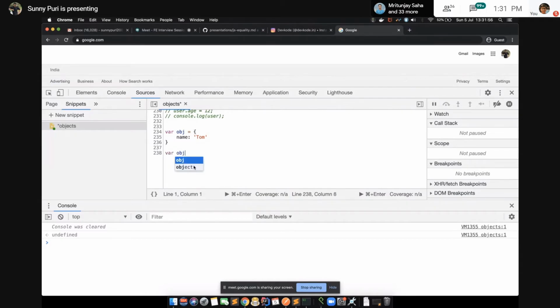So let's say we have multiple objects, and we'll do inheritance. How can we do inheritance like this? Let's do one thing.